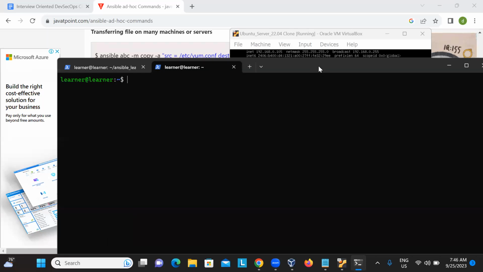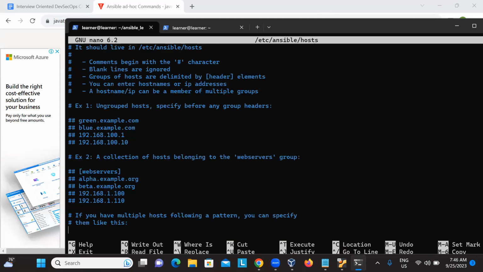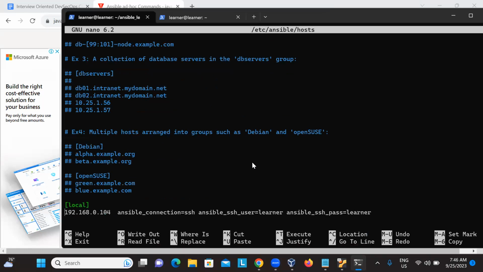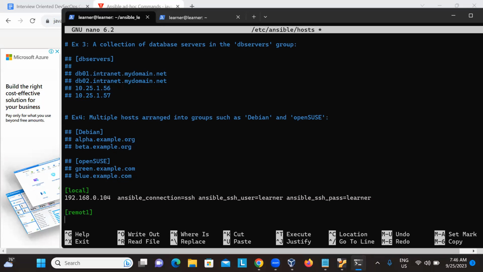Okay, what I'm gonna do is, there is an Ansible host file. Here we have a list of IP addresses from day before yesterday, right? Now what I'll do is I'll define a group called remote one. This is my group name. The IP address is,